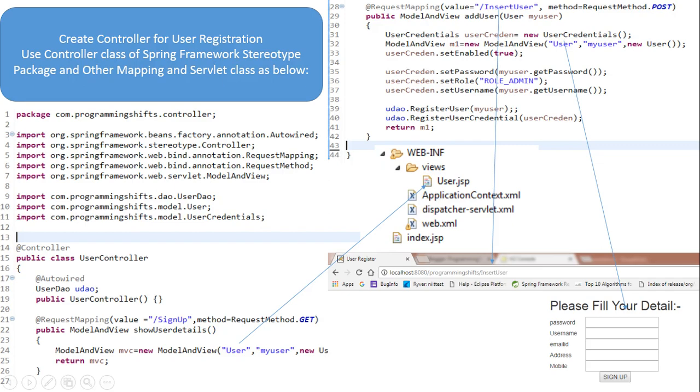In future I have created another method like insert user. When the form is displayed, we have to fill in all the form and click on the sign up button. It requests insert user, and in insert user I have already used the user class and user.jsp file as well as the user credential class, and all the user registration will be called by the user DAO object.